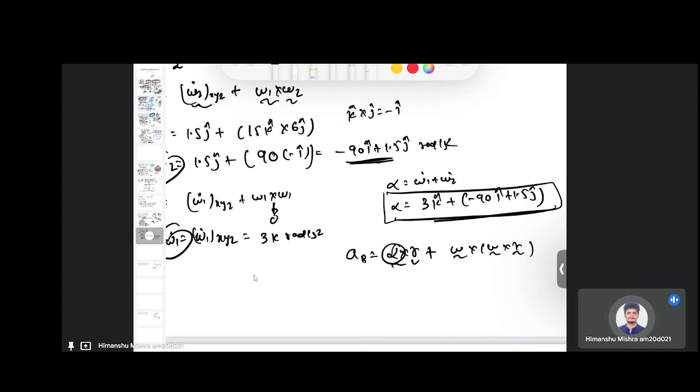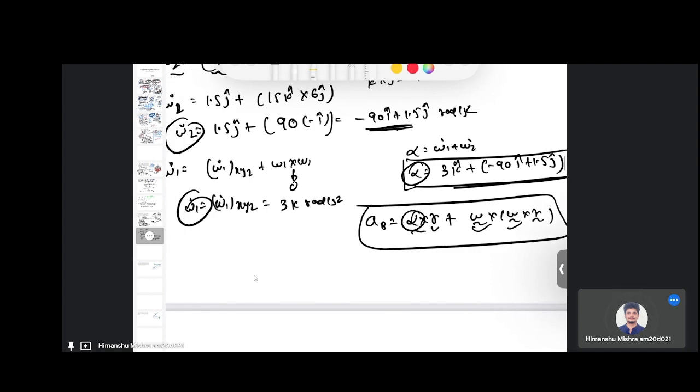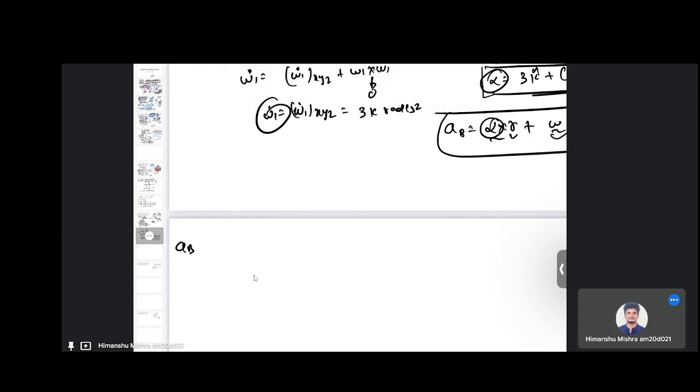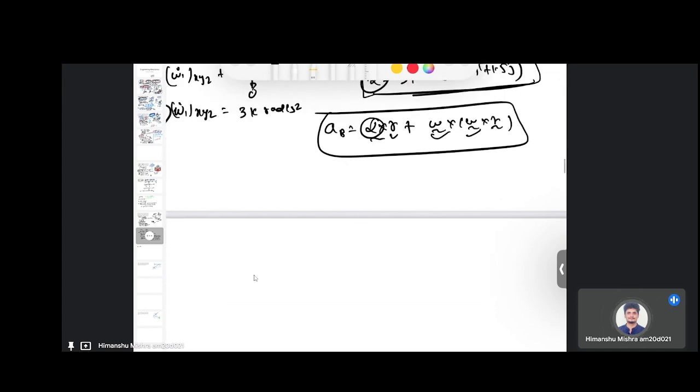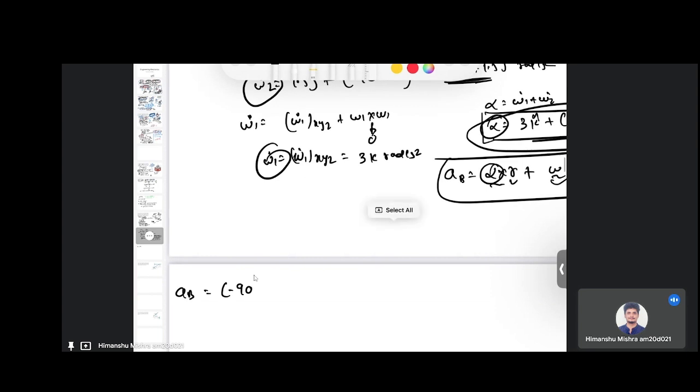We have calculated this angular acceleration vector here, and we know this angular velocity also. So by using this equation I can find the acceleration of point B. Yes, my angular acceleration that we have found is minus 90i plus 1.5j plus 3k, cross product with the position vector